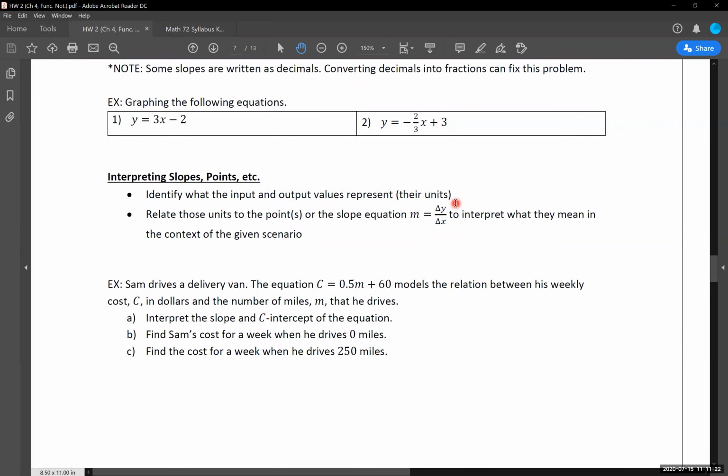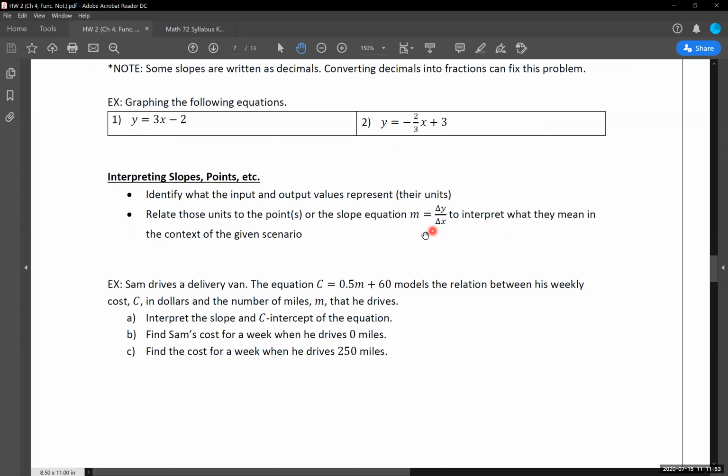Y represents the money you make per hour you work, and y represents your income, and x represents the number of hours you work. So the change in income based on the change in hours that you work. You might be able to rephrase that; it could be an hourly rate working somewhere. That could be hourly income, something to that effect.